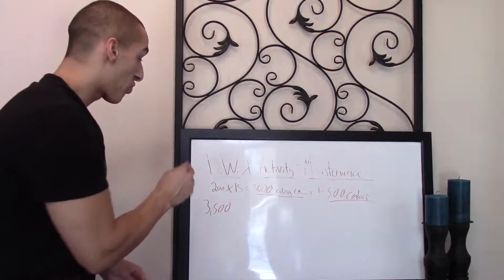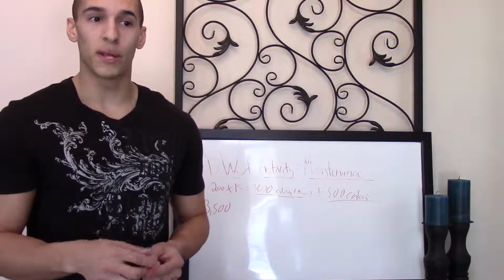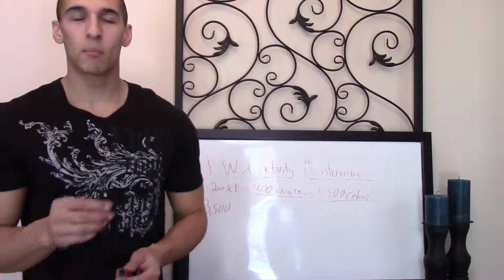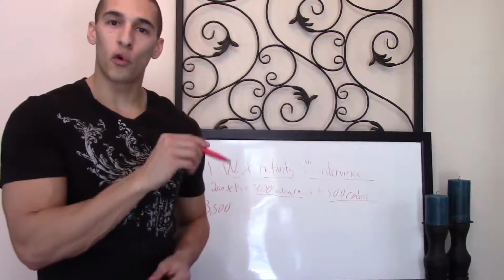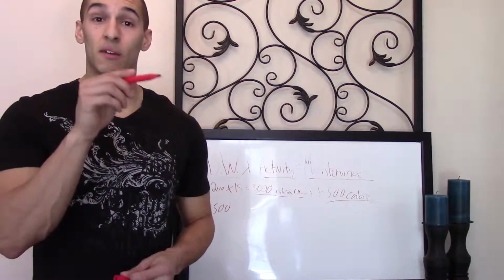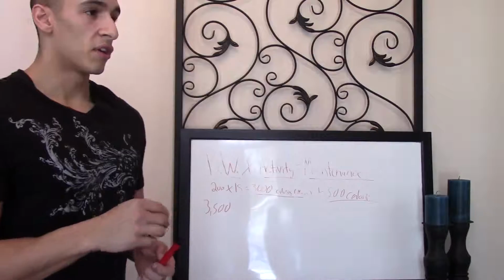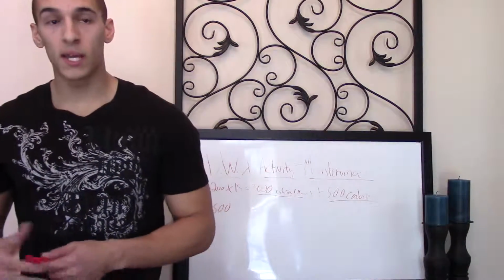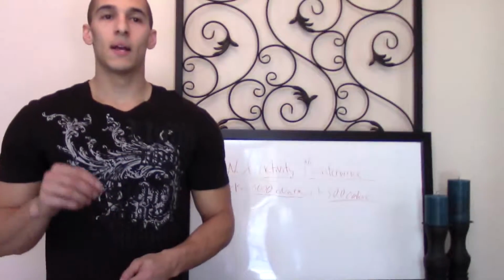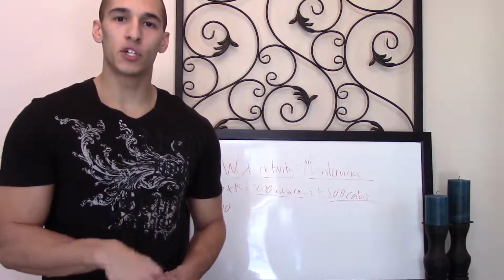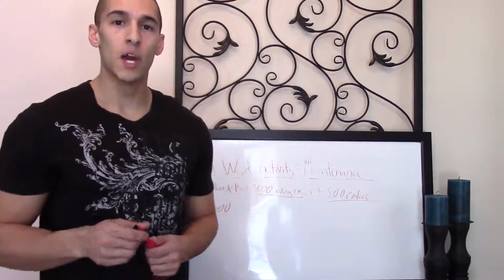So we're going to start with 3,500 calories, and we're going to use what's known as a macro split. There's different types, but the most common is called a 40-40-20, where it's 40% protein, 40% carbs, 20% fats. There's 30-50-20s, 50-30-20s, 45-35-15s, whatever it may be. There's different macro splits for different individuals, but the most common and a great baseline to start is a 40-40-20,